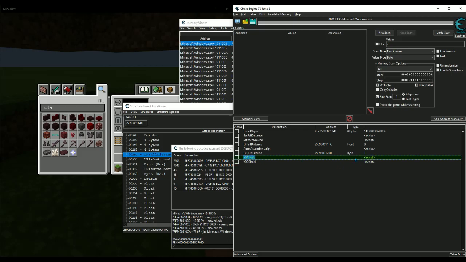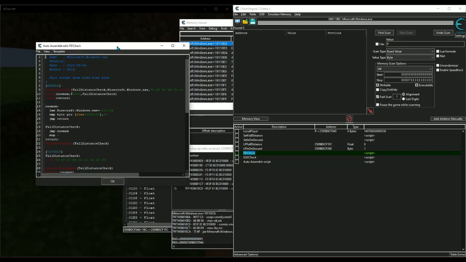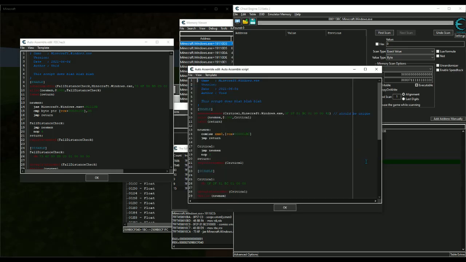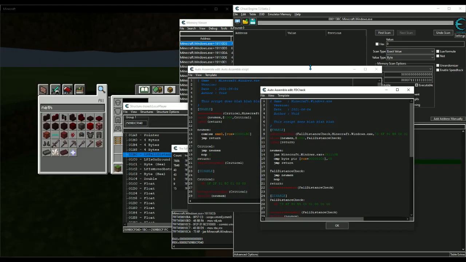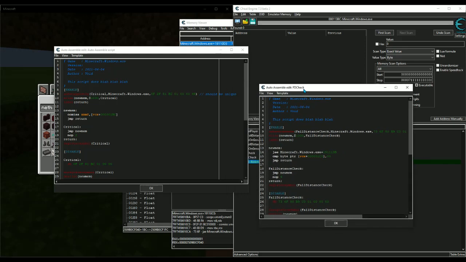So now we want to combine these into one. I'm just going to use this. I don't know what was in here, but I'm going to use it. All right, so let's go ahead and open our fall distance check. And let's go ahead and open this one. Let me switch places because that's weird. Maybe I'm weird, I don't know. Okay, so